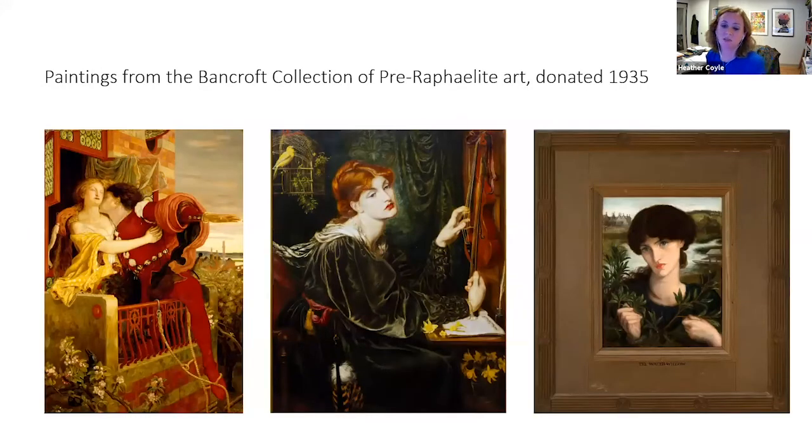In 1935, the society received a bequest from Samuel Bancroft that included his collection of Pre-Raphaelite paintings and a plot of land on which to build a museum. The building, then called the Delaware Art Center, opened in 1938. So the museum, as we think of it now, had existed for only about a year when Sexton lent his